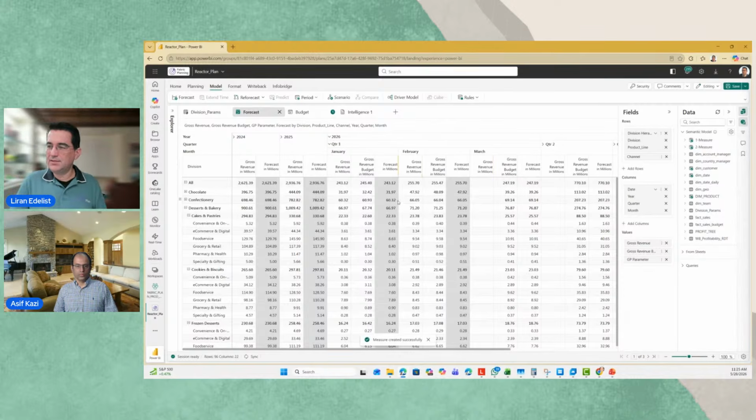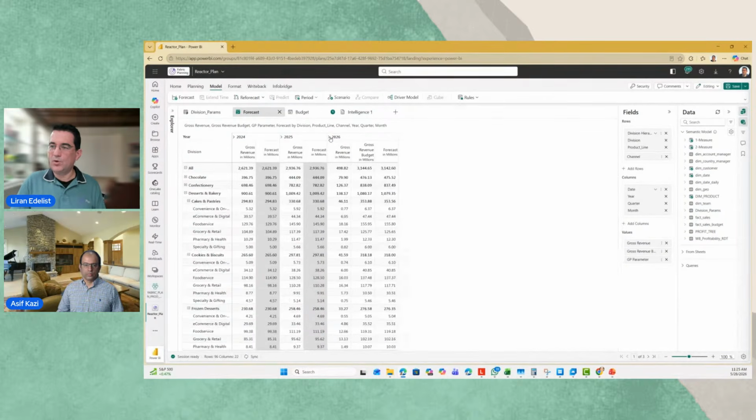Now you can see that on my screen, I have three measures. I have my gross revenue budget, I have my gross revenue actual, this is the first column here, and the last one is forecast. Now you can see as an example, in the month of March, I have forecast that is equal to my budget. And on February, my forecast is equal to actual. So literally with a few seconds, I was able to say, now I can easily compare my gross revenue actual with my budget, but also I can compare my budget with my forecasted version.